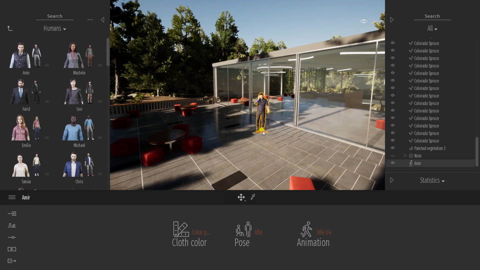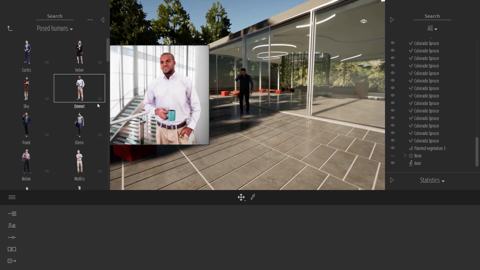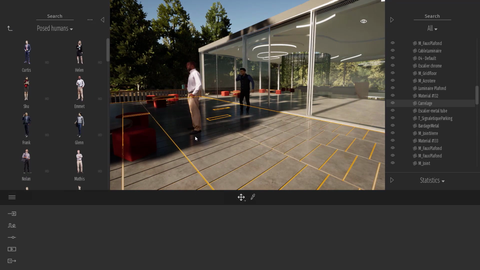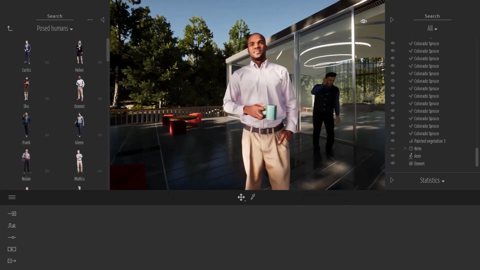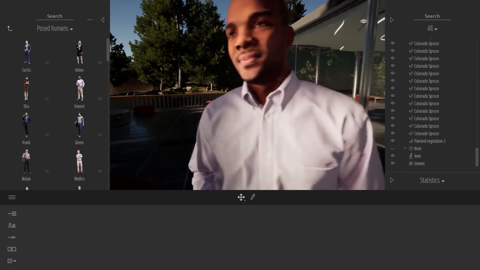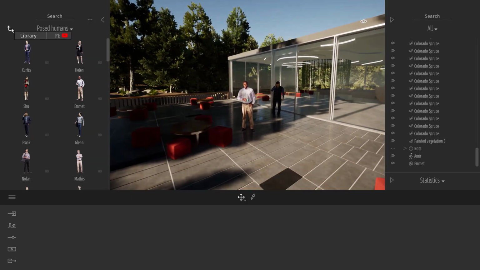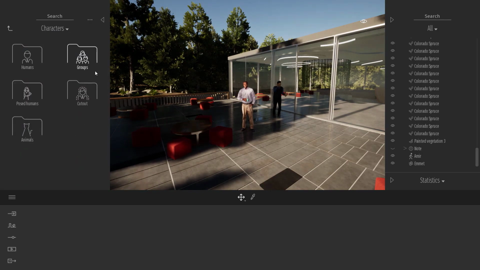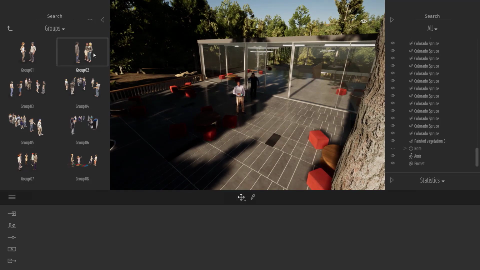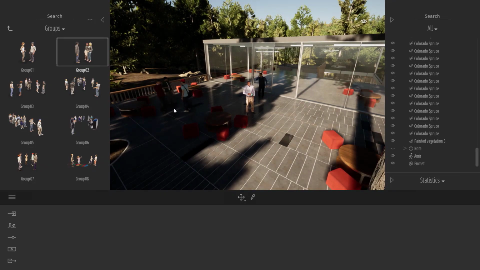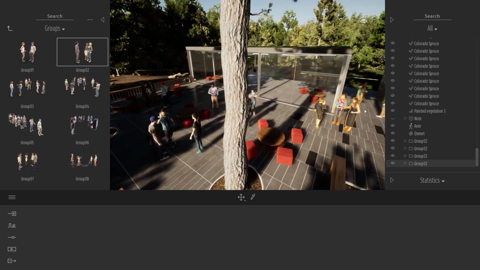So we have all those 3D animated characters that are real photoscan data. Then we have some ready pose characters that are also photoscan data, so they're really highly detailed. So you can drag and drop characters one at a time like that, but in Twinmotion, to add characters a bit quicker, we also have some groups. So if I select this group of 3 characters, now each time I click in the viewport, Twinmotion will randomize the 3 characters, so hopefully you won't see any repetition.